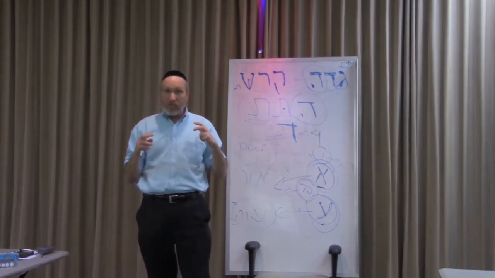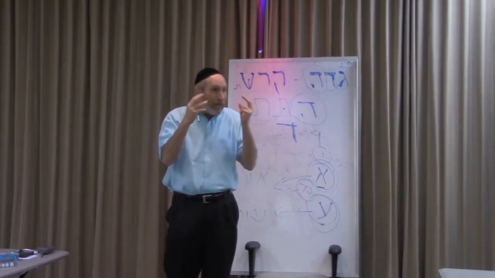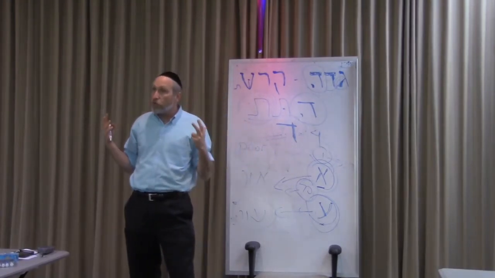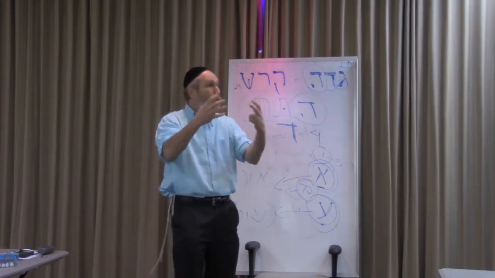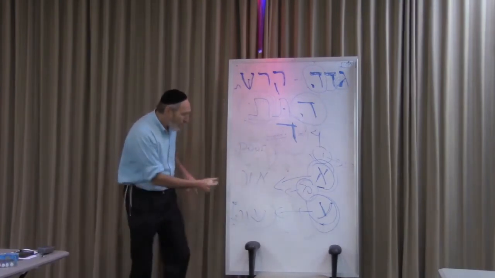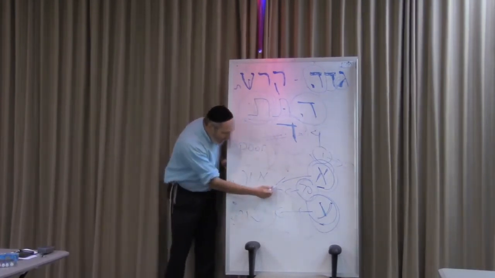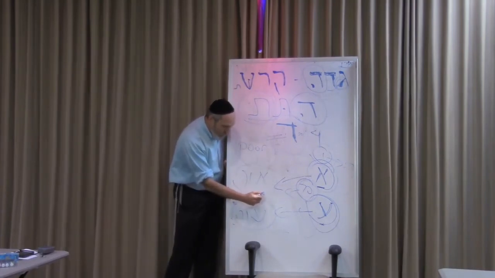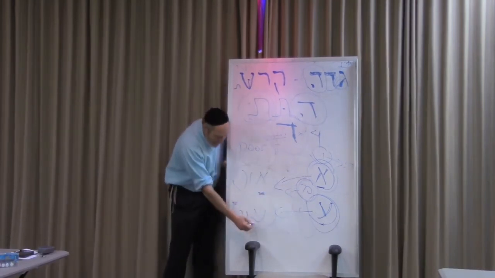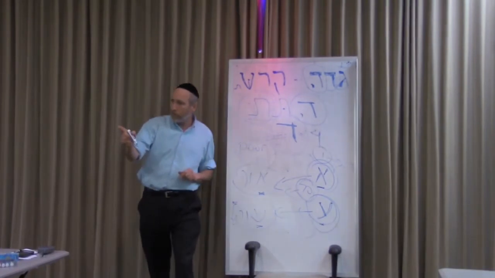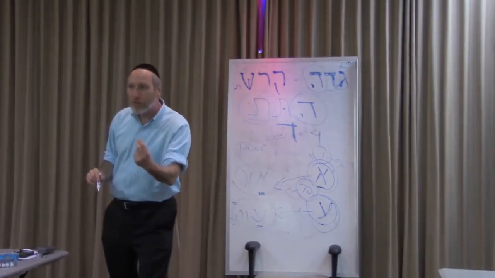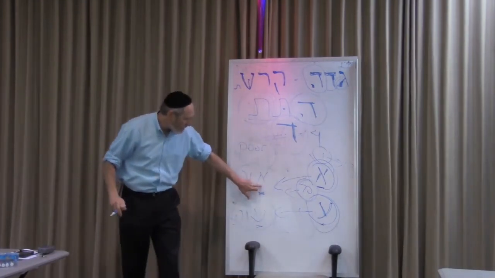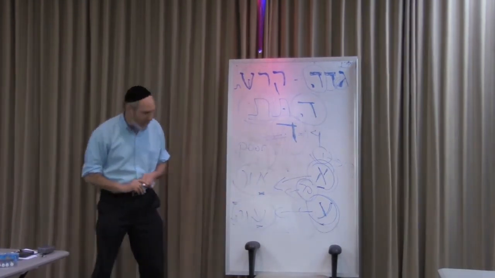And when someone is holy, they may radiate something. But it's not like Moshe when he came down from Mount Sinai. You couldn't look him in the face because the light was shooting out of his face. So this is what I told you. The Aleph is the internal, the spiritual, and the ayin is the external. It goes from inside to out. Let's do another one. You'll see the same idea.